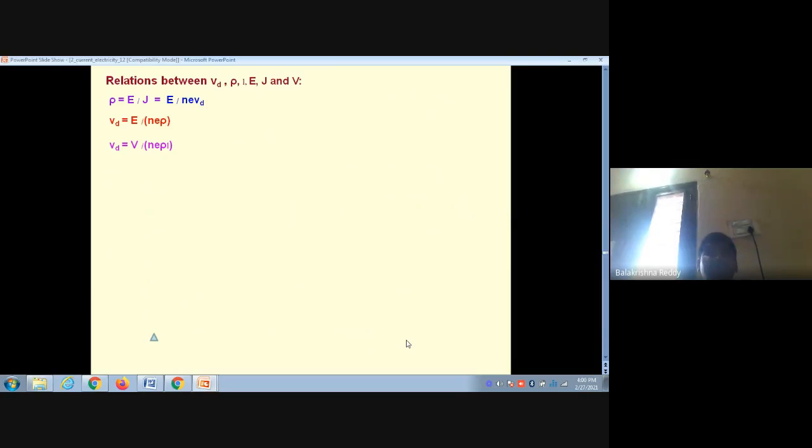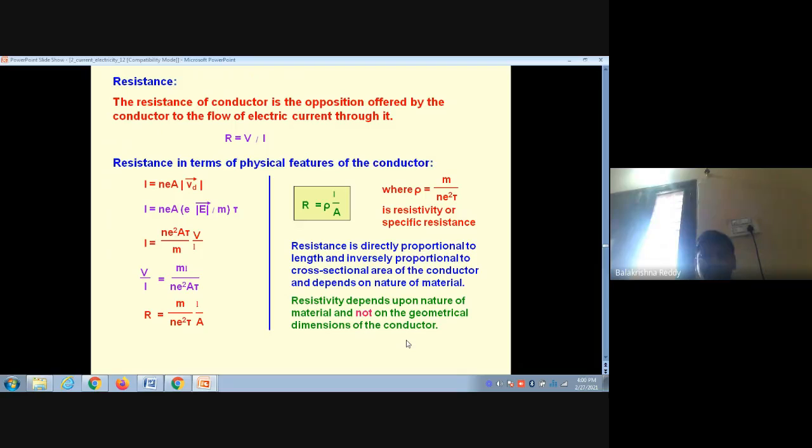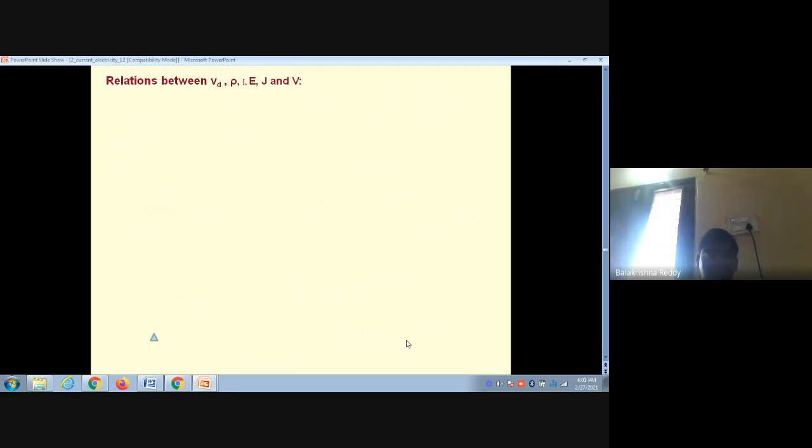What is ρ here? ρ is resistivity. From the above equation, this is R, and from there R and ρ also we form. ρ = RA/L we know. But here you are finding ρ = electric field per unit current density. So current density can be written as J = neVd. Vd if you make the subject, E by neρ.